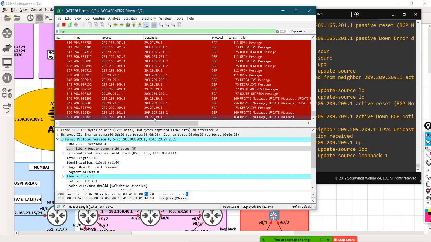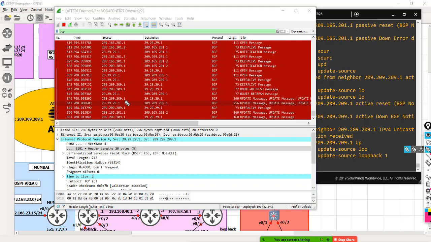So you see loopback 1, loopback 2. Do you have any other packet? You can see the other packet here. Now the packet source and destination have been changed. They have been updated. Okay, so now if you see in this example,